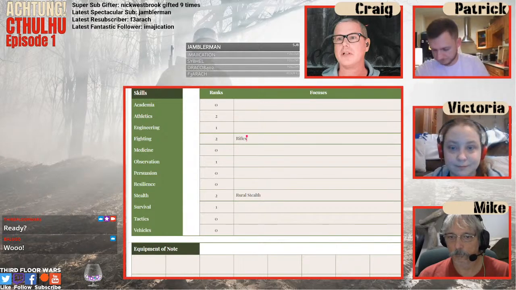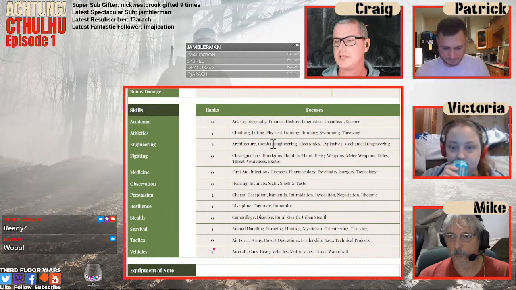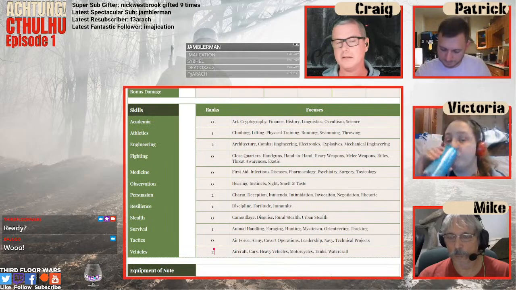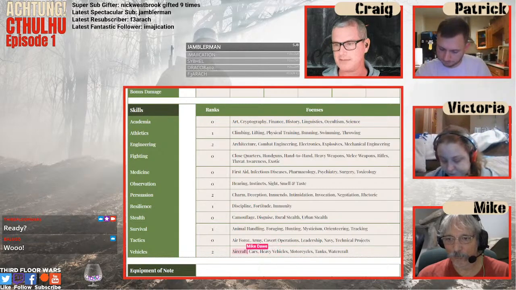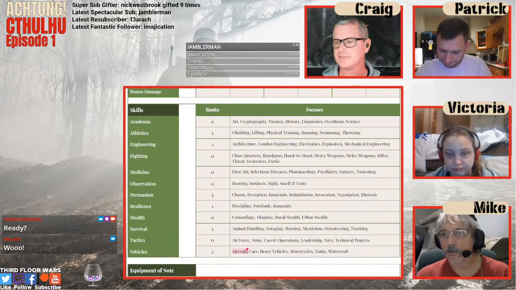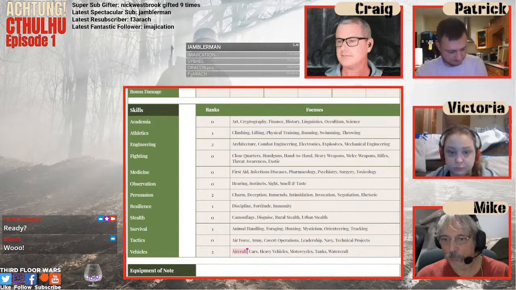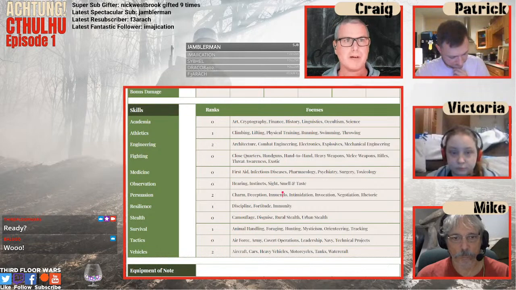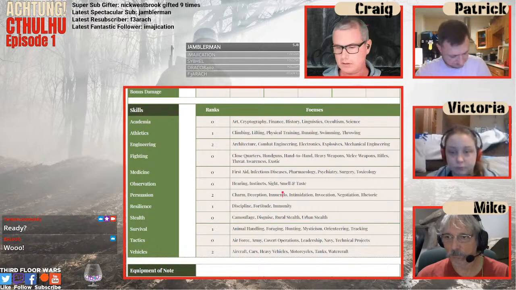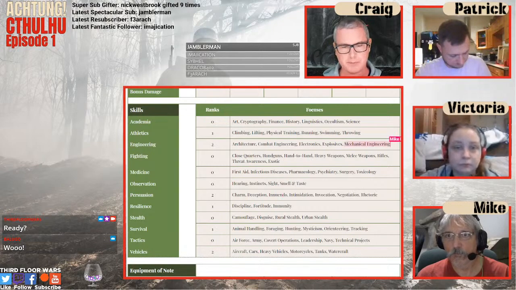Let's take a look now at Thomas. Mike, what did Lucky decide on? Well, one of them is aircraft. Nice. Let's do that with an underline. I'll highlight it in a second. Sure. And the other was mechanical engineering. Very cool. So 1 from engineering, 1 from vehicles. All right. So now that we've picked our archetypes,